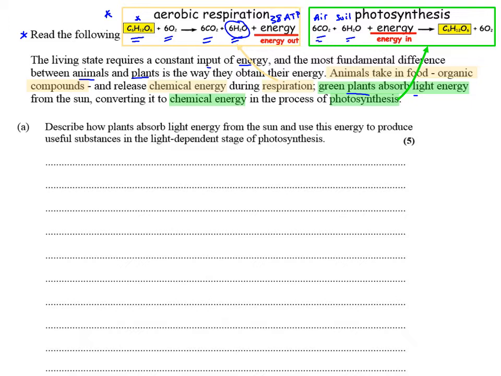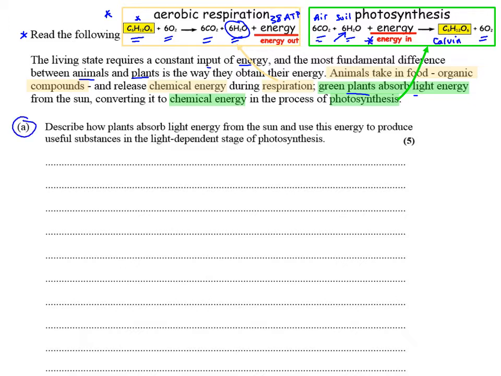Now we know light energy is required, and that's absorbed by the photosynthetic pigments in the thylakoid membranes of the chloroplasts. Now we know the end product of photosynthesis inside the chloroplasts is the production of glucose from the Calvin cycle. And a waste product is molecular oxygen, which we know is given off through photolysis, which is the light-activated splitting of water. So we're going to put these in the margin, and this is going to help us approach the question and think about what we need to write about.